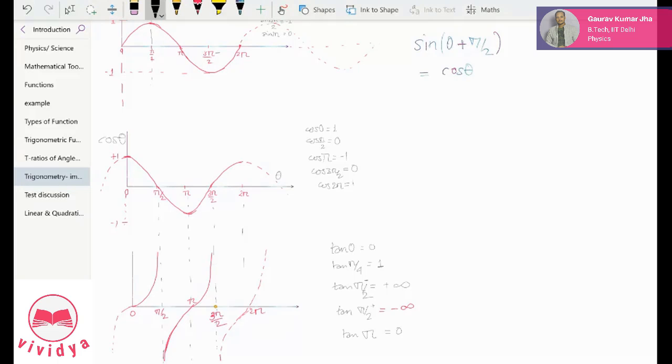Sorry. Now what I want to explain to you is, you see the sine graph, you see the cos graph, you see the tan graph. You should have a visual memory of this. It will help you remember the values, where it takes what values, and in which quadrant it is positive or negative.